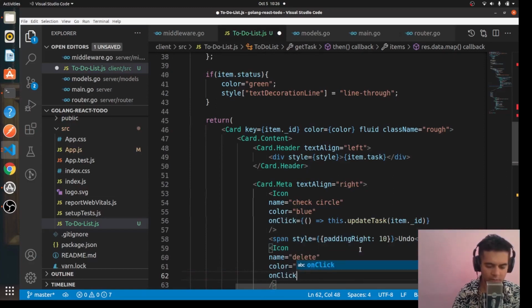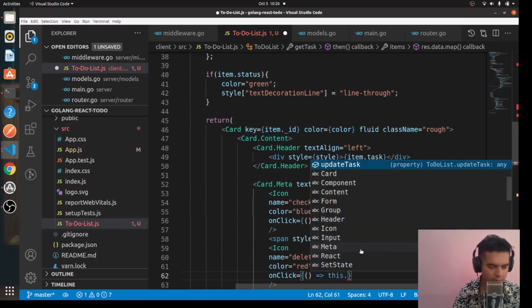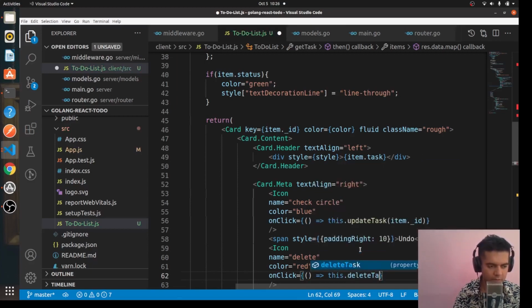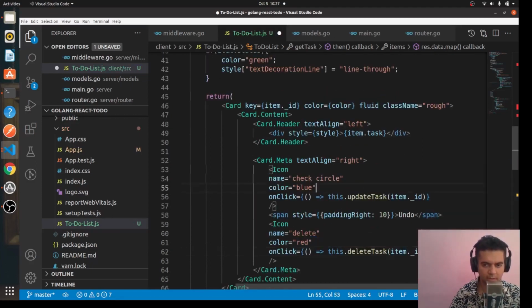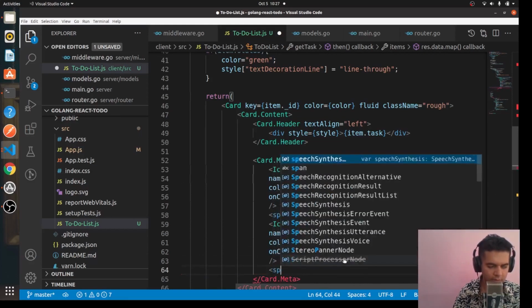And if you click on this, you want the item to be deleted, so you'll call the delete task function with the item ID, the ID of the item, so that it can call the relevant function in the backend. So that's your icon, and then you'll have a delete